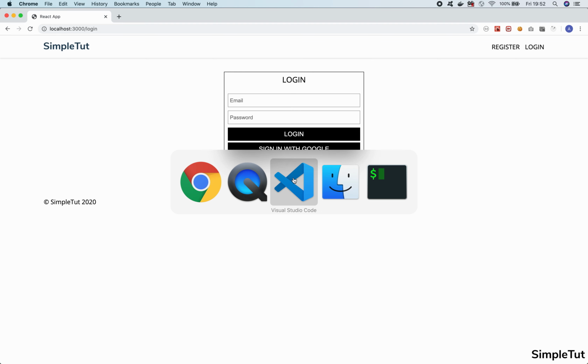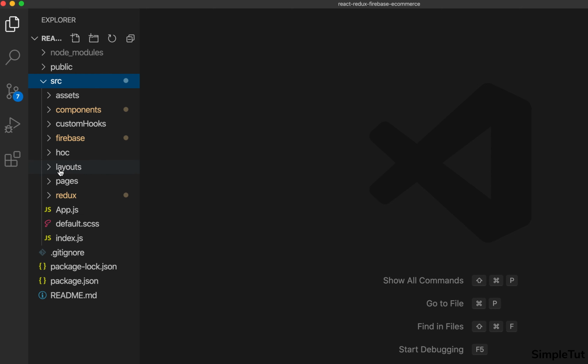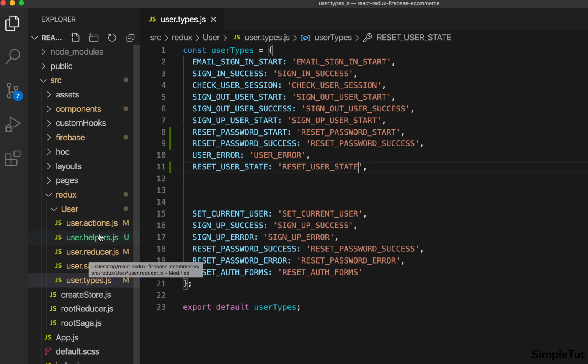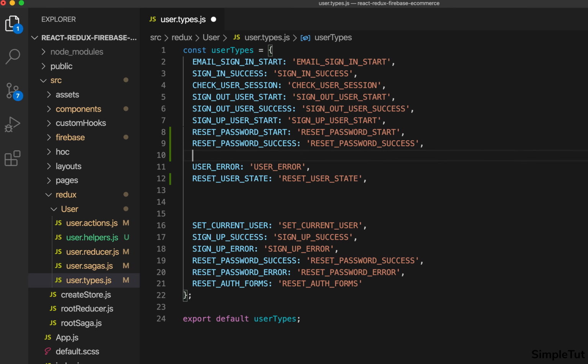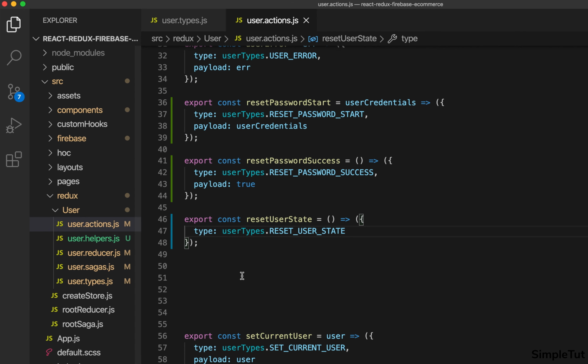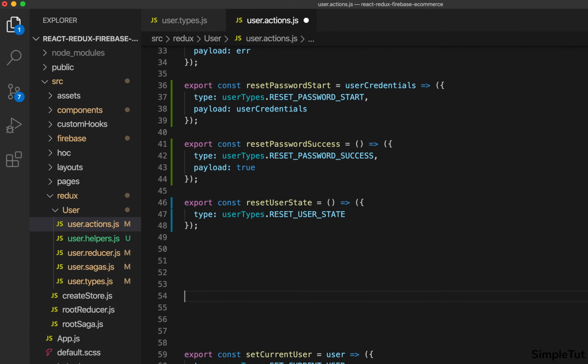So I'm just going to go into my text editor, and I'm going to go into, again, the Redux folder, the types file, and I'm going to create my types. So the first type I'm going to create is Google sign in start. And what I want to do is just assign that the same value as the name of the key. We'll save it. And then all we need to do is go over to our actions file and create our action. So all this is going to be is export const